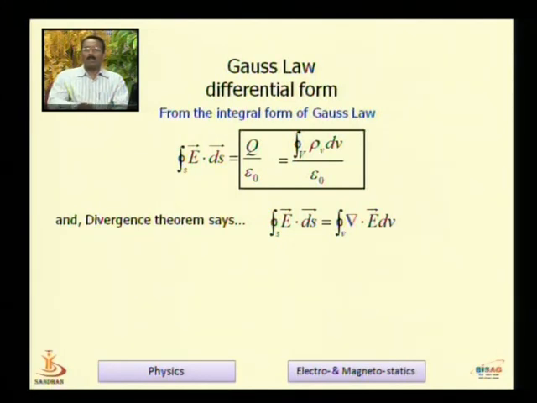What the divergence theorem says is that if you have a surface integral, you can write it as a volume integral. So the divergence theorem relates a surface integral to a volume integral, and you can see the advantage of the divergence theorem, that in the divergence theorem, if you consider